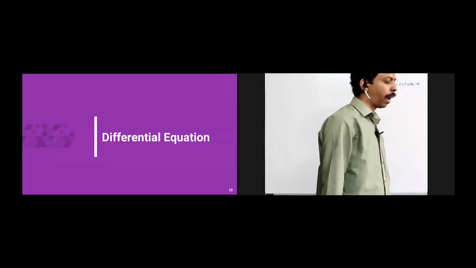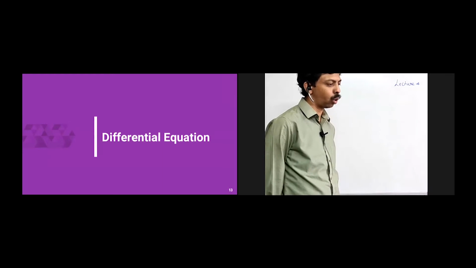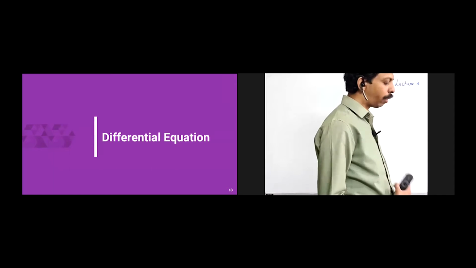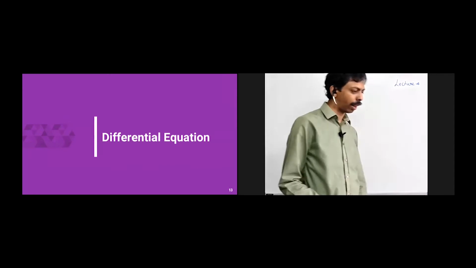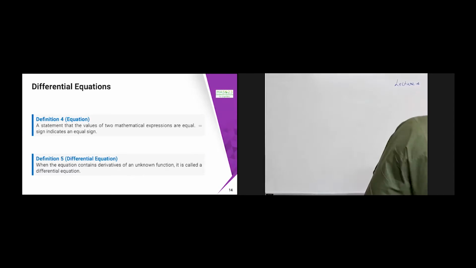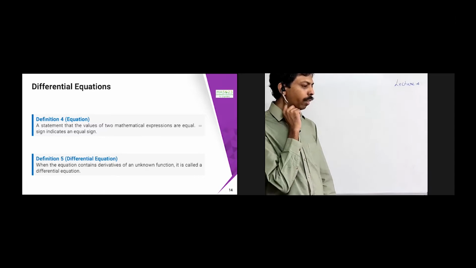Now let's come to the differential equation. We have defined f of x equal to x square. Then we found f dash of x equal to 2x. If we ask the reverse question, that's kind of an inverse problem, we may get an infinite number of answers. In general, it is not necessary that you will get a solution, or it may not have a solution, or it may have an infinite number of solutions. So now what we are going to do is find